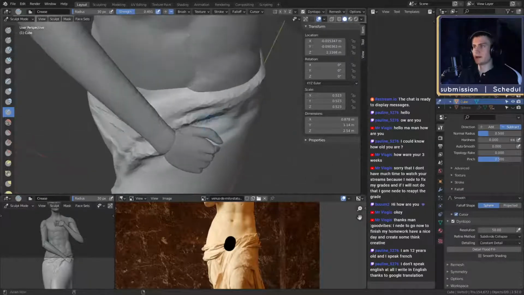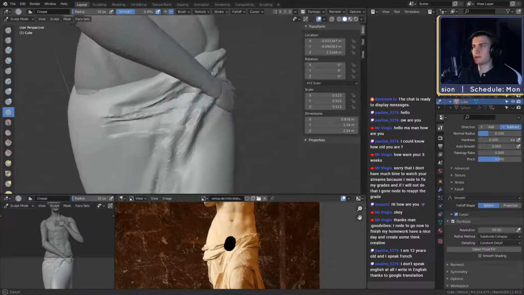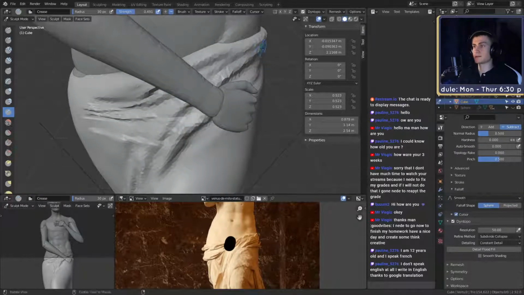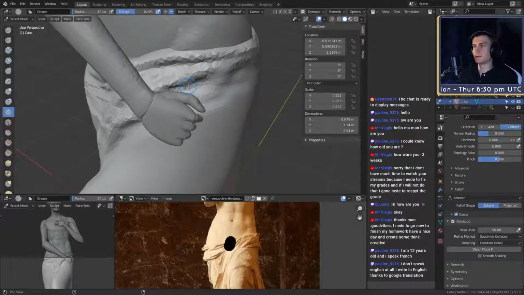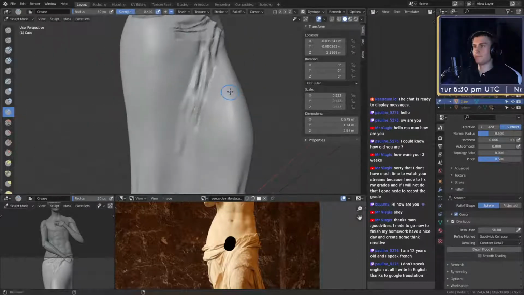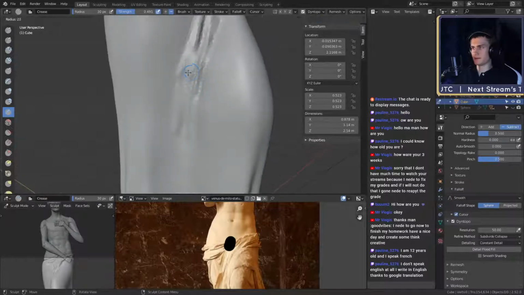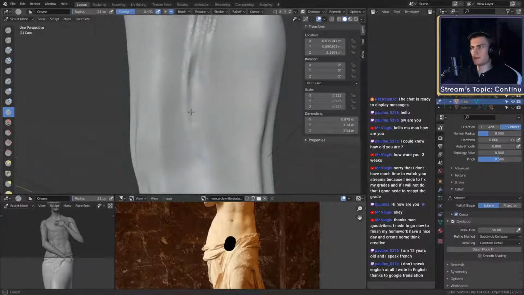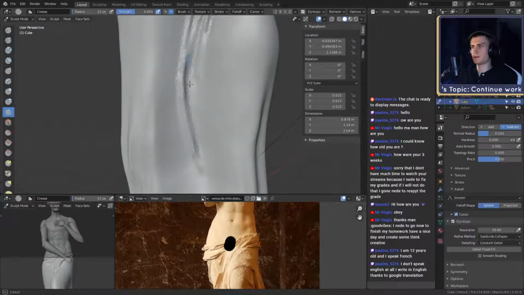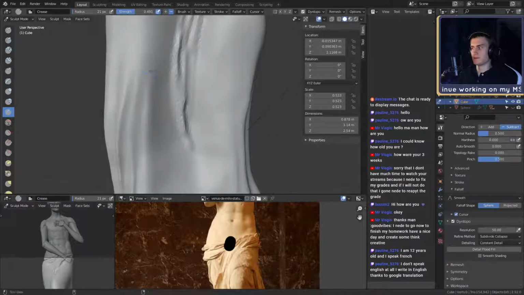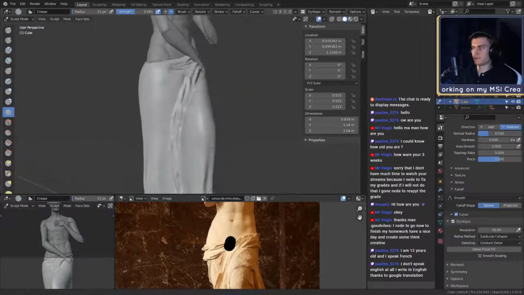Of course, I will try to recreate the flow of the cloth in the actual sculpt, the real life sculpt. But I'm not going to make it one-to-one perfect. That would take way too long and probably would not even be possible, because it would take so many references that I don't even have.